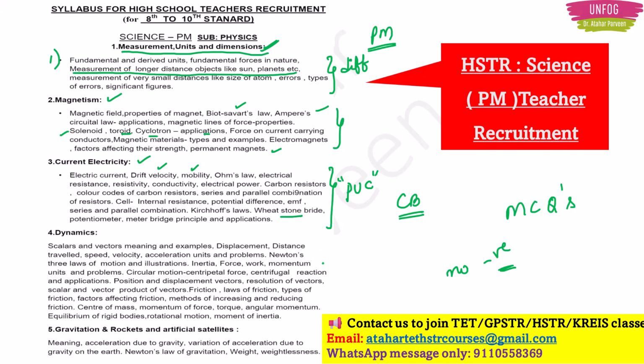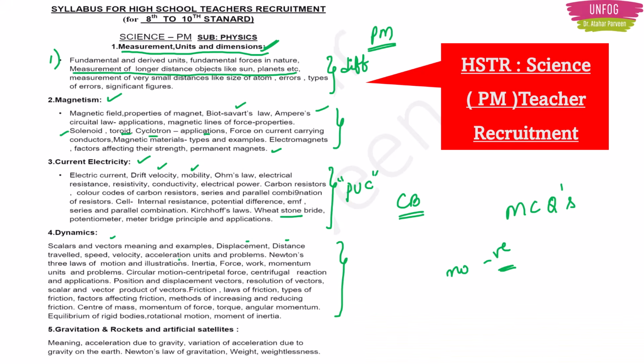Now you have to keep deciding whether this will help you with both GPSTR and HSTR. See, if you are writing for HSTR, then GPSTR will help you to some extent. But here you can see it is much more when compared to the GPSTR physics syllabus. See the dynamics chapter, there you have only 2-3 lines, right? See how many lines of syllabus are there here. Starting from scalars and vectors, of course this is there, displacement, speed, then velocity, Newton's laws. See, till inertia, force, work, so much is till GPSTR.